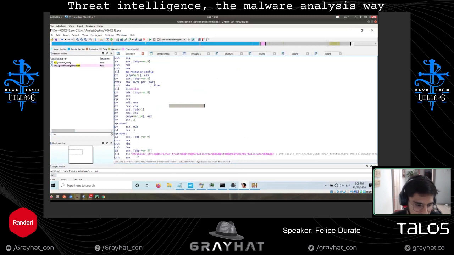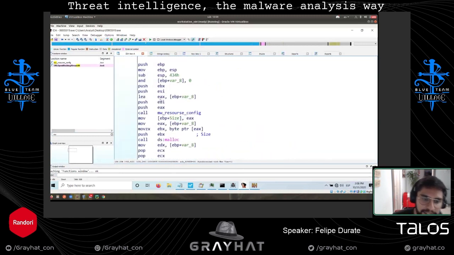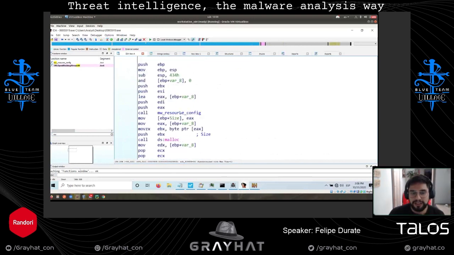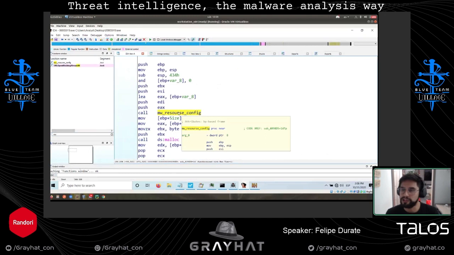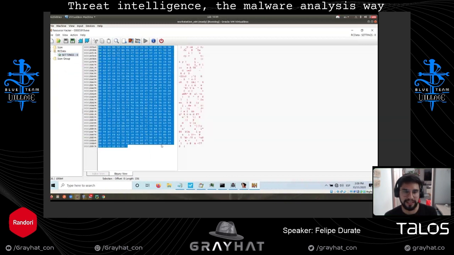And I found this huge thing. There is a lot of stuff in here. So we know that this code got the resources.